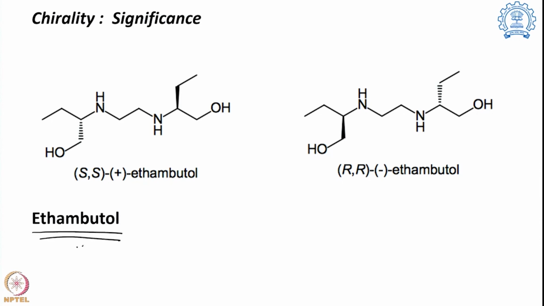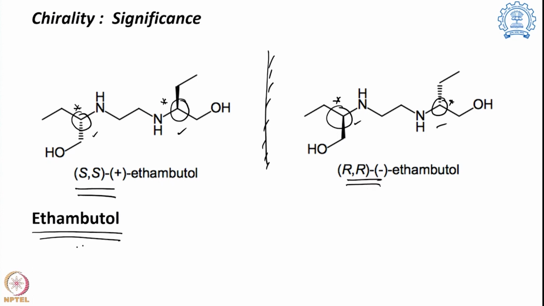This is another drug, and over here you can see the structure of the molecule. We have two chiral centers present in this molecule, and this is the mirror image of the molecule. Over here these are the two centers, and you can say this is replicating the structure but changing the orientation around both the centers. So, this one is the SS ethambutol, this is the RR ethambutol. And then what are their properties? The SS one